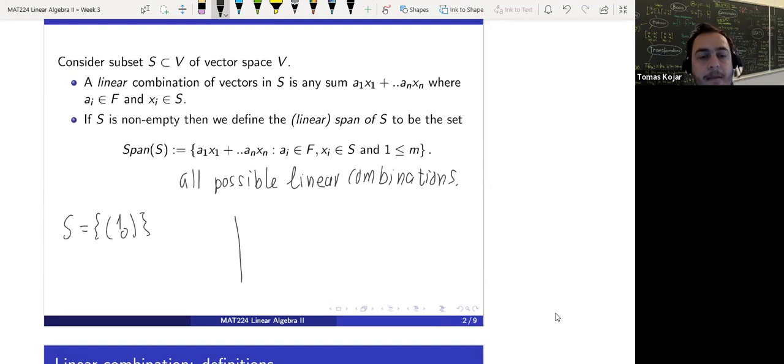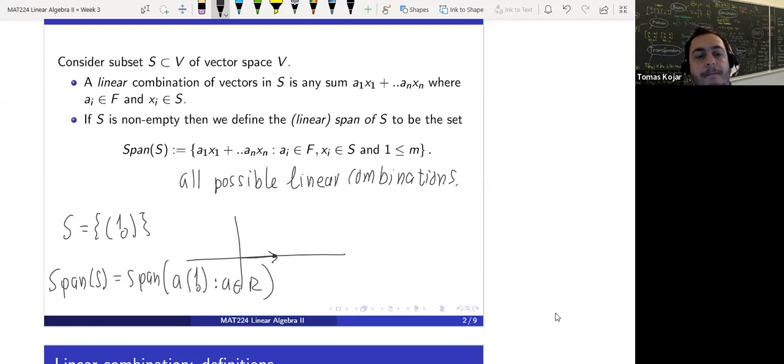This is the vector over here. Then if you take all possible linear combinations, span of S will just be the span of A times (1, 0) for all real numbers A. Namely the x-axis,